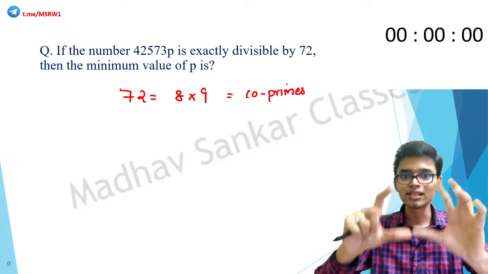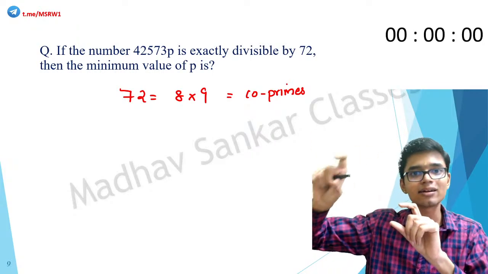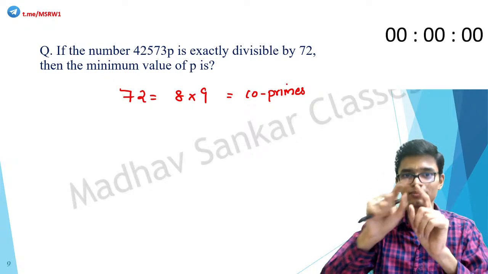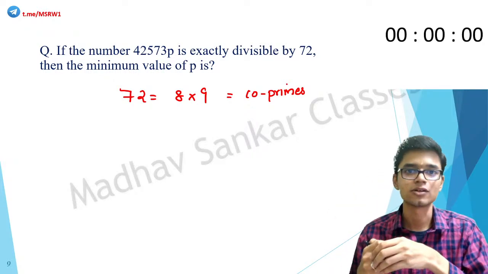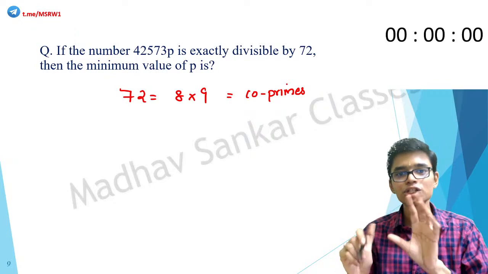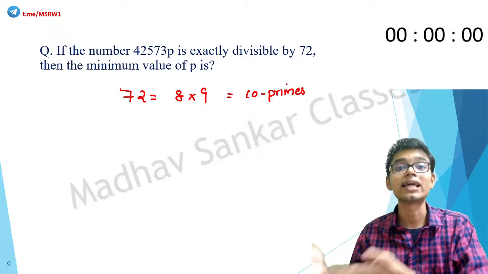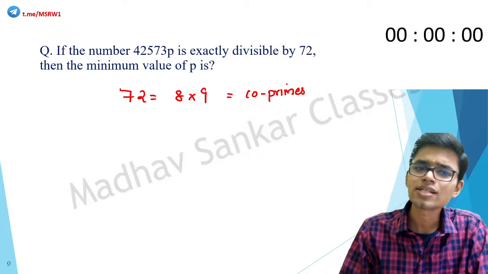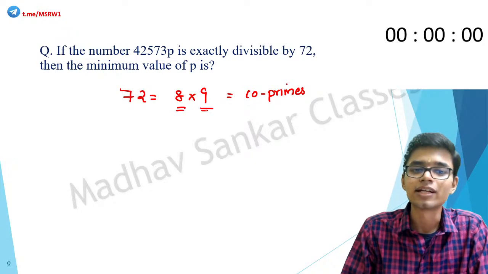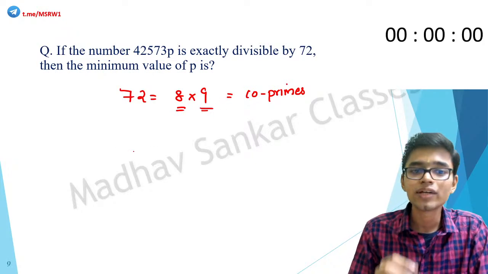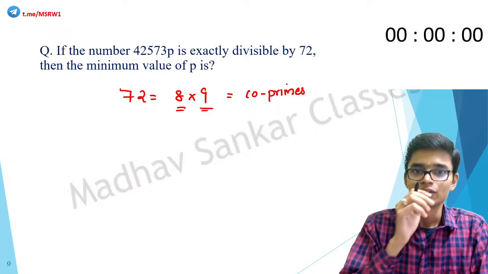So whenever you get these kinds of questions, divisibility by a higher number, try to convert that number into a product of co-primes, if at all possible. Usually it will be possible. So here we have converted 72 as 8 into 9. Now all we have to do is simply check divisibility by 8 and simply check divisibility by 9. So how do we check the divisibility by 8? If you remember from yesterday's class,